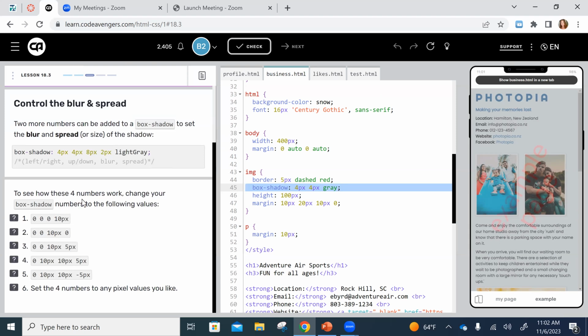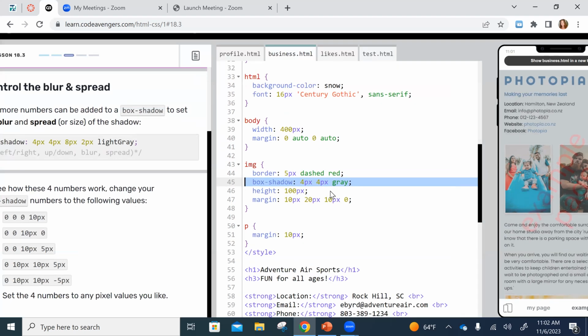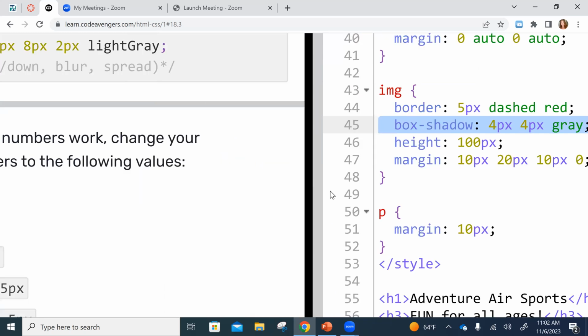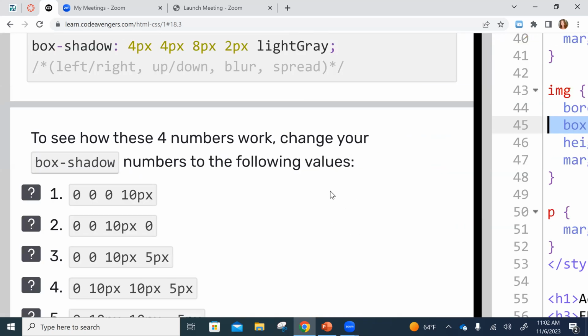So it says to see how these 4 numbers work together, change your box shadow numbers to the following values. Now we're going to keep our color at the very end. So let me make this a little bit larger and show you what we're going to do, okay? So I'm going to keep my gray on my box shadow. I'm not ever going to change that. I'm going to be changing these 2 numbers to 4 numbers, okay? And I'm just going to copy them from over here and put them in,